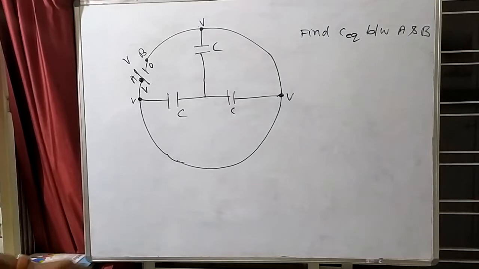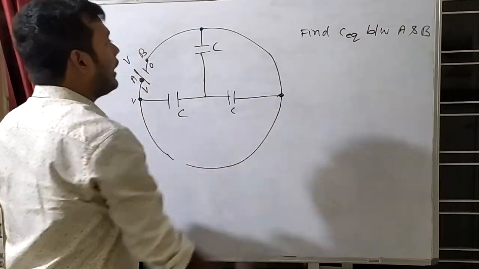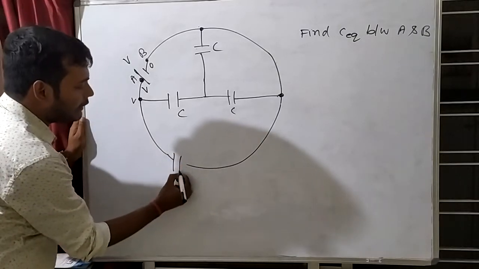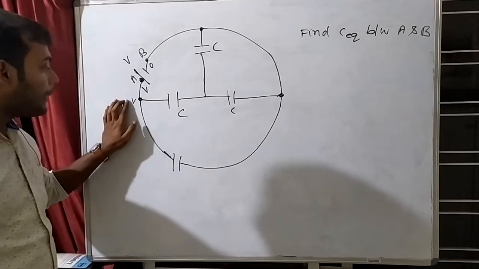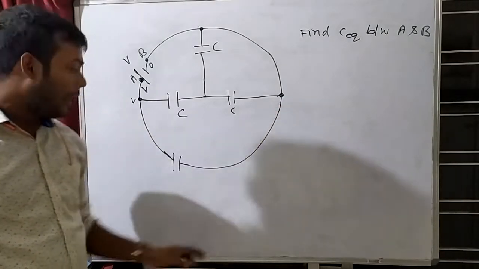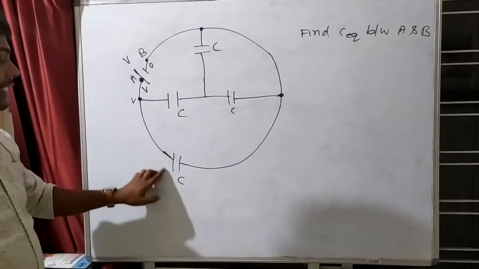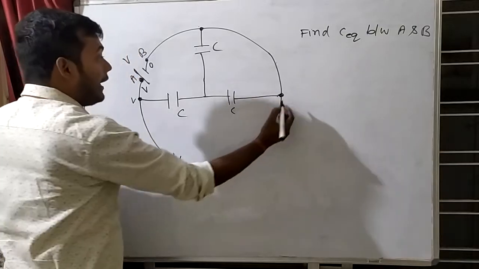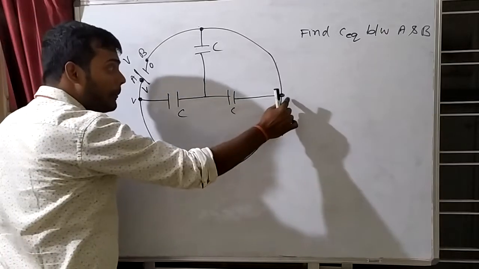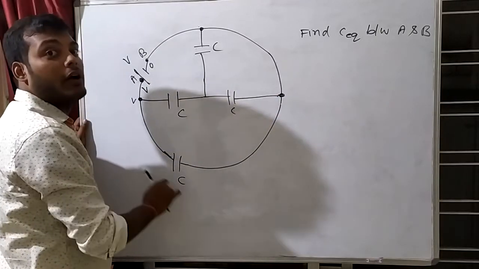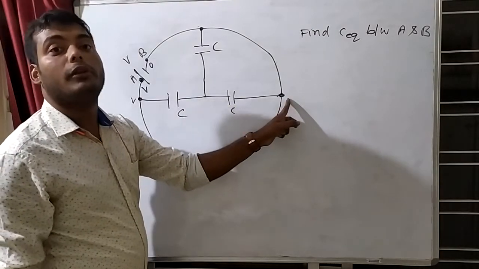Oh, wait. In this question, one thing is there, correct it. Here is a capacitor. In this path there is a capacitor. So if this is V volt, this will not be V volt. Why? Because in this path the capacitor is coming and that capacitance is C. So here it will now not be V volt. Why? Because this is V volt. Here it will be V volt only when there is no capacitor or resistance here. But one capacitor is connected. That's why this point's potential will not be V volt.